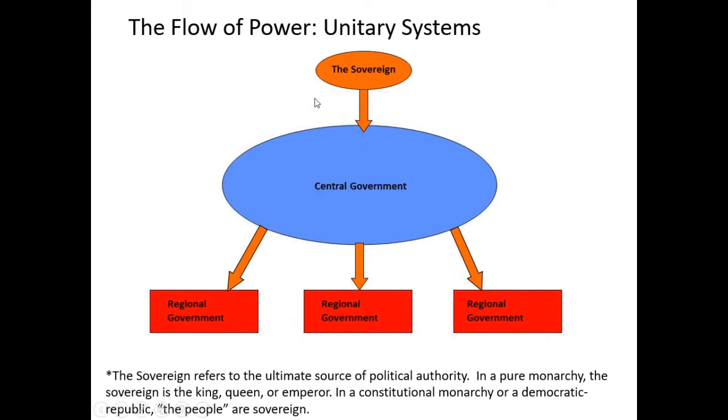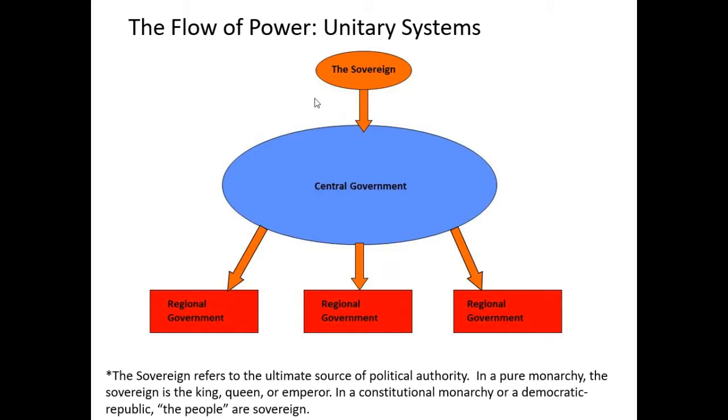Look, I guess maybe what I'll say here, just to sort of get past that part, if you're wondering about what that part means, this distinction between unitary and federal really doesn't tell us much about the types of governments that they have in terms of democracy versus autocracy, right? Because there are democratic systems that are unitary, there are democratic systems that are federal. There are unitary systems that are autocratic, or there are federal systems that are autocratic.